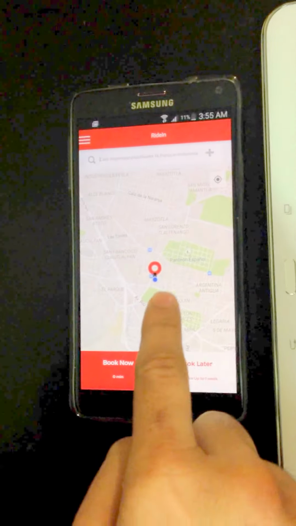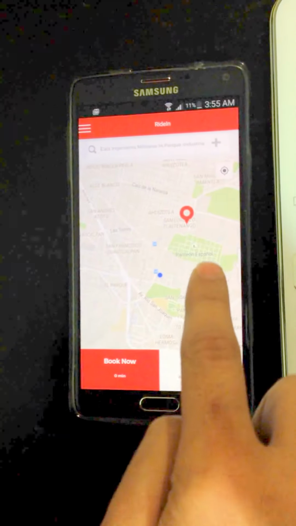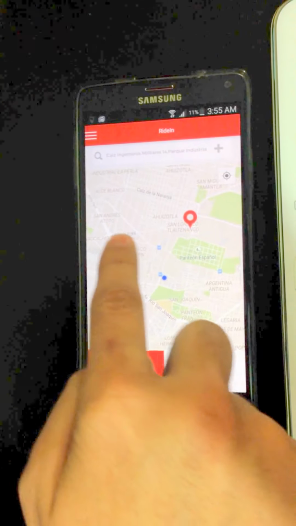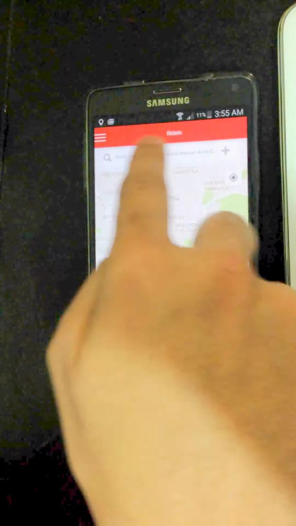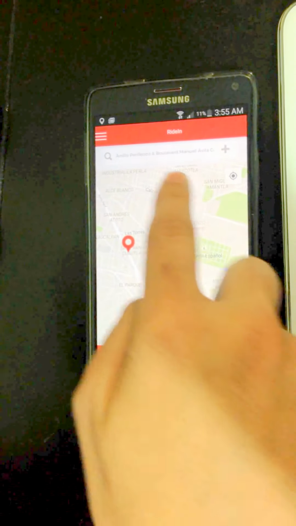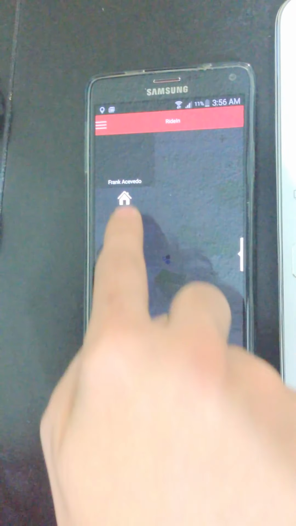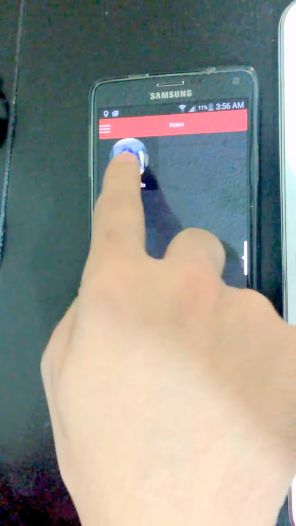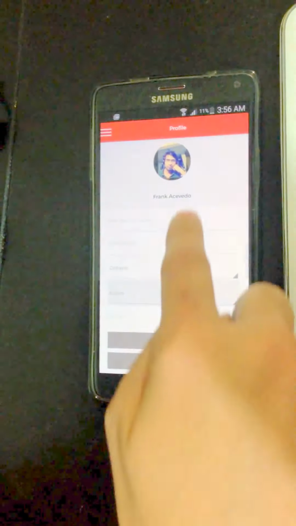If you are able to see, the rider is immediately able to see his current location, and if he wants to change the set pickup location, he can change the location, and based upon whatever is the set pickup location, the address over here changes. So I'll give you a walkthrough of the menu, how the menu works and everything. So he gets to see his profile picture. He can click on the profile picture and change all his profile information from here.